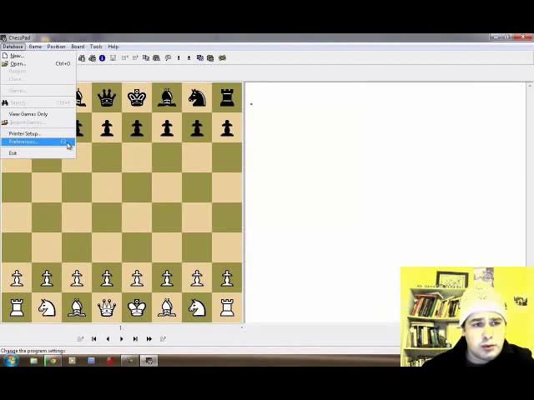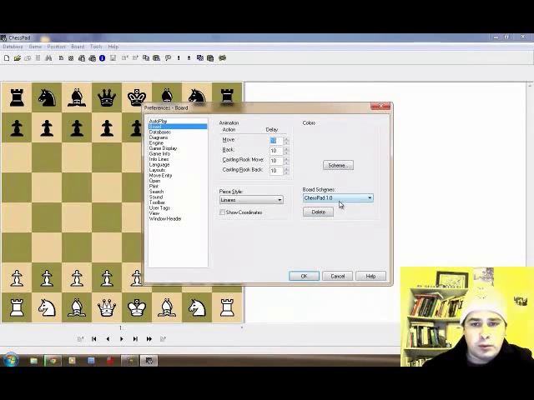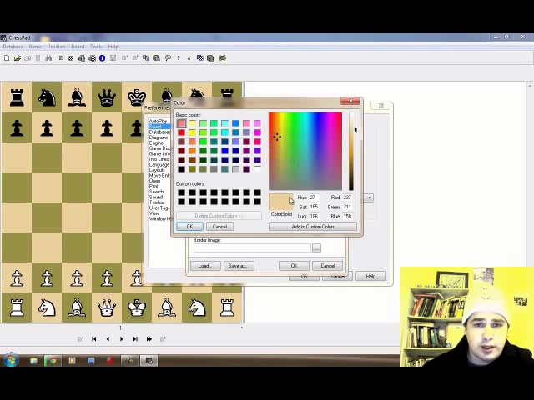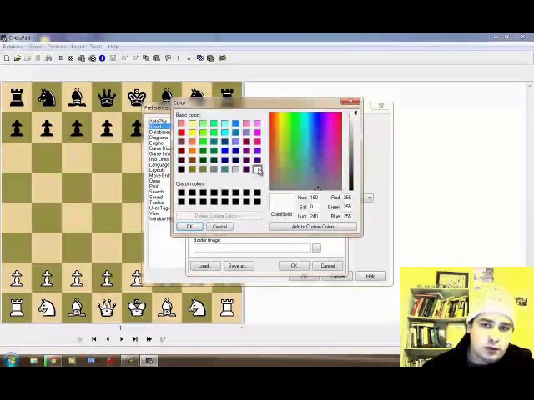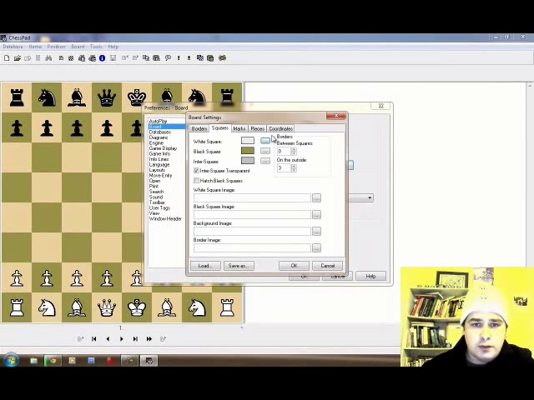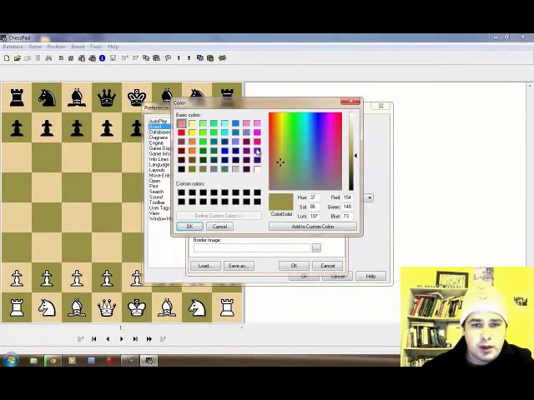So we'll go to preferences, and we'll keep it here. Don't worry about the pieces yet. We'll go up to scheme and change the colors of the squares. So the white square, we don't want it to be this color. It's pretty ugly. So we'll go in here. We want white squares to be white, of course, but we don't want it to be so white that it sort of blends in with the background. You can't see that it's actually square. So what I do is take it down a little bit so that it's just appearing to be white, sort of like that. And for the black squares, you can have whatever you want, but I generally like a shade